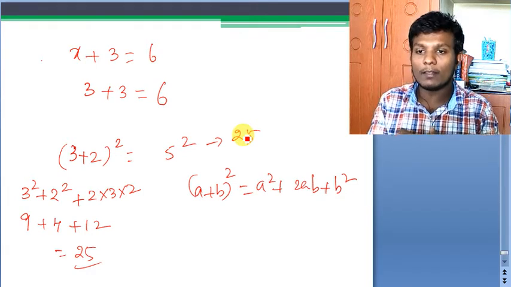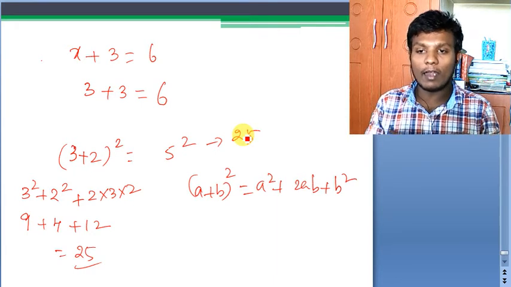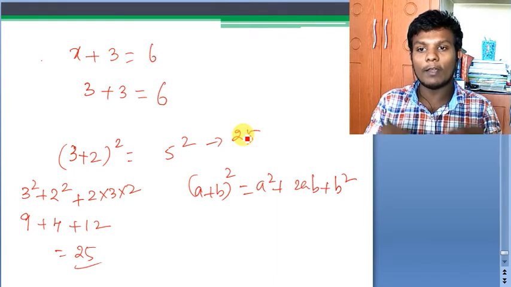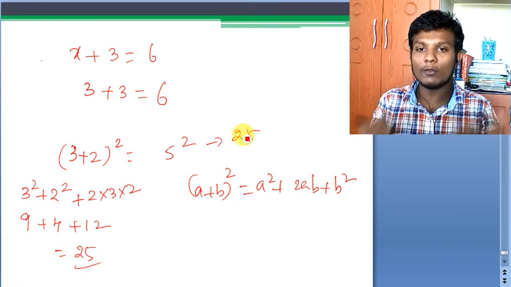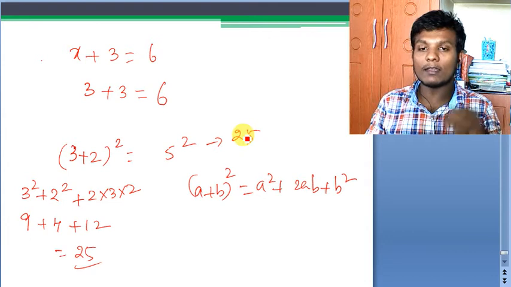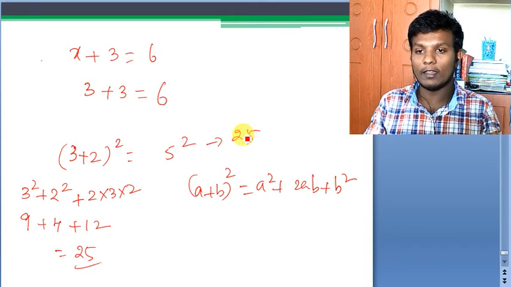That is what we call not an expression, that is an identity. Whenever there is an identity, it will be satisfied by each and every value. Whatever you substitute is immaterial. Your LHS should be equal to the RHS irrespective of the values you substitute. Only then do we say that it is an algebraic identity.